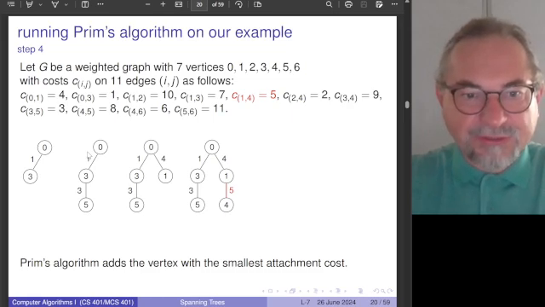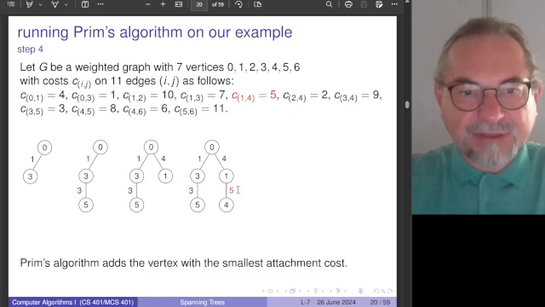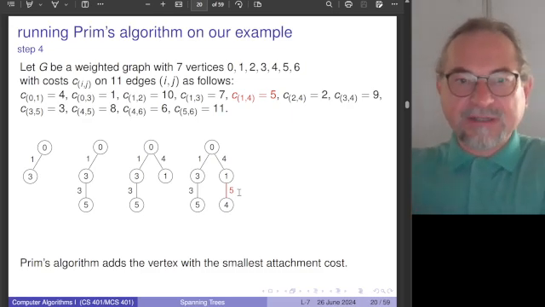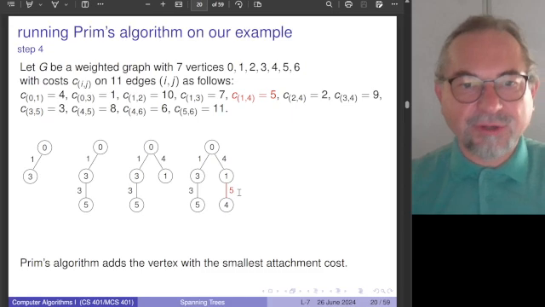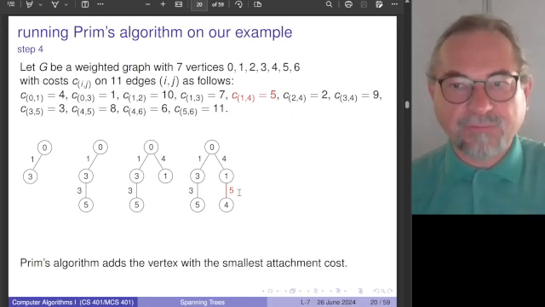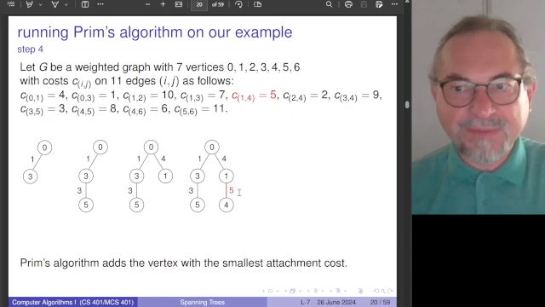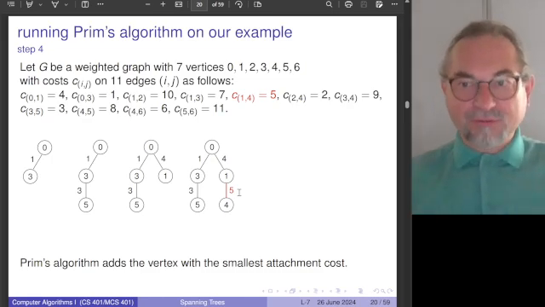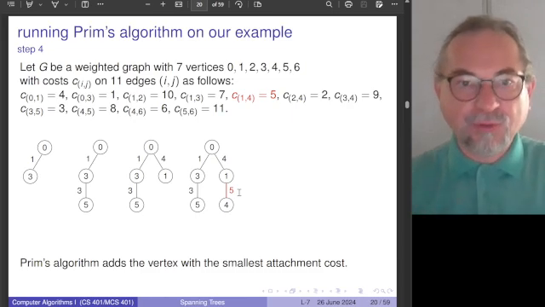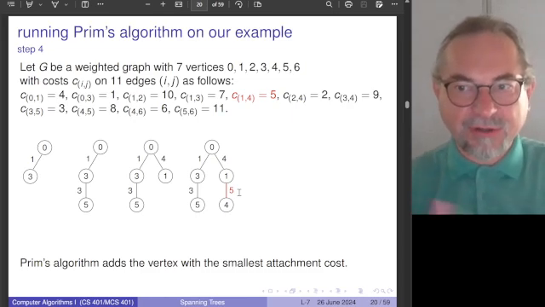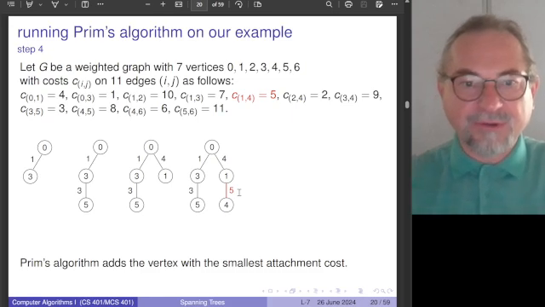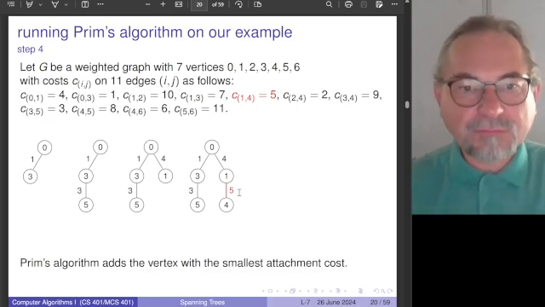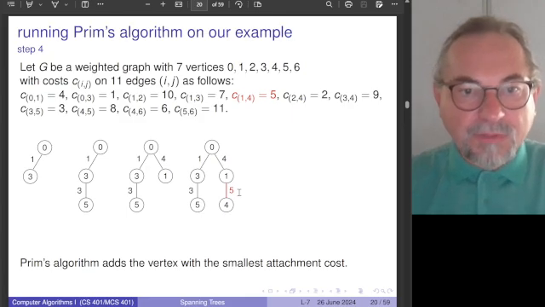You can also see one property here is that the attachment cost for every vertex actually is increasing. So the previous attachment cost was 4, now it is 5. So this algorithm has kind of, if you're looking for a lower bound, if the cost is the money you have to pay to connect all these vertices, you can kind of see how far your budget will reach. Next one,